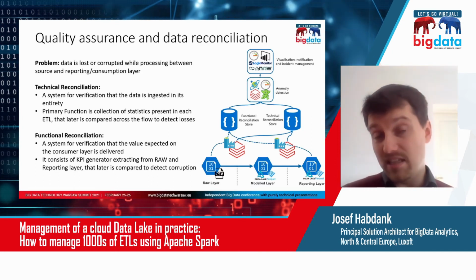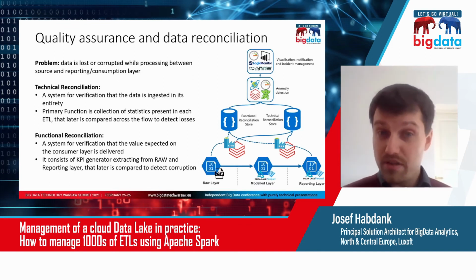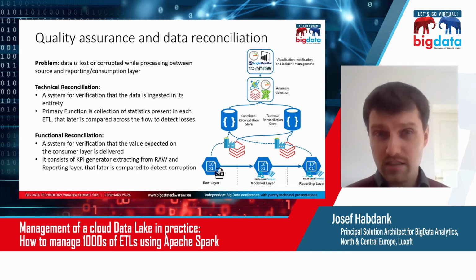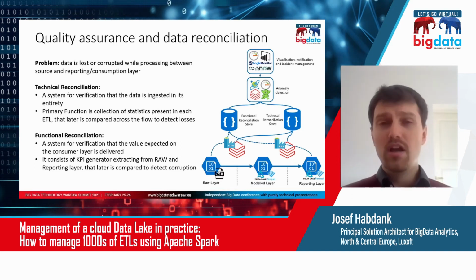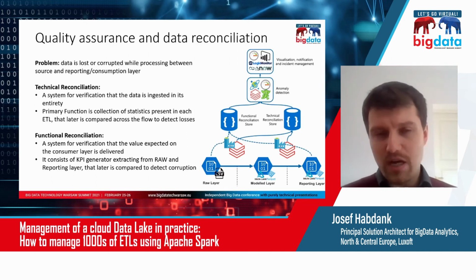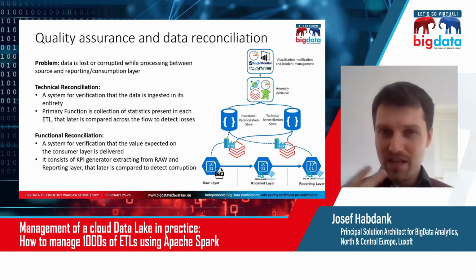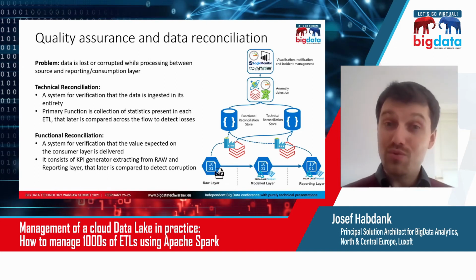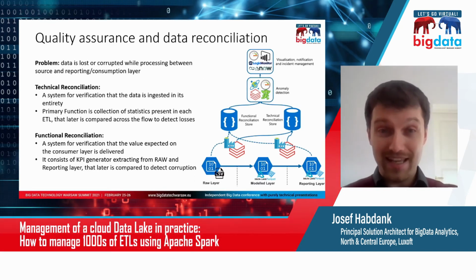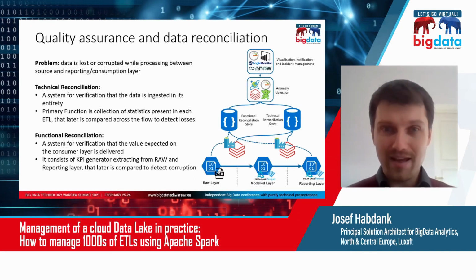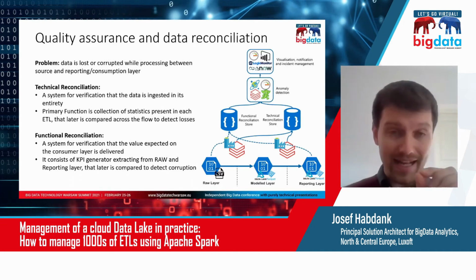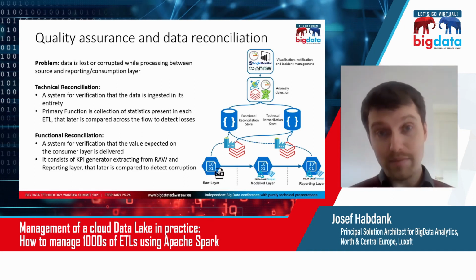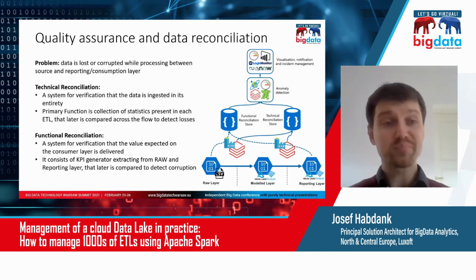Because you often have ETL succeeding, but some data is lost either because the query is wrong, or some table that you're joining with is missing, so your join suddenly doesn't work, and you start removing data if it's an inner join, or if it's an outer join, you don't have the data and you start getting null values, and so the data can get corrupt as it goes through your flow. But you kind of just look, did my ETL run green yes, red no, or there was an exception, red. You actually have to look at the data itself and understand if it actually has what the customer expects. When I say customer, I mean the people who are using the data at the reporting layer, right?